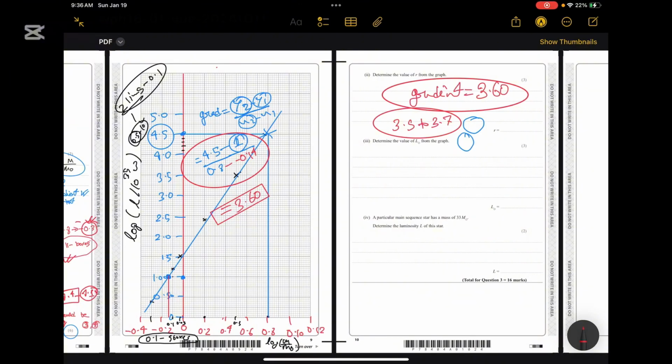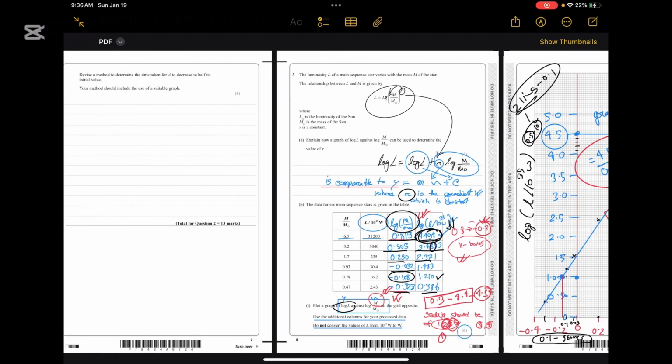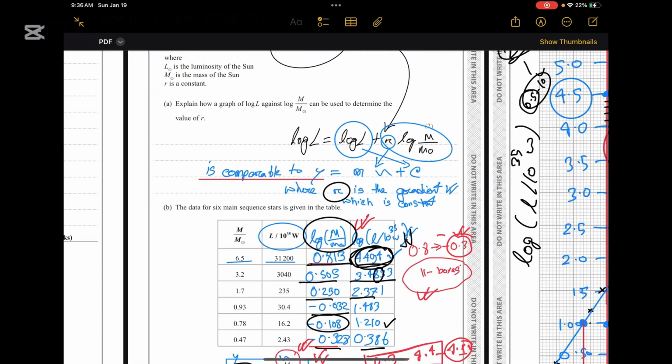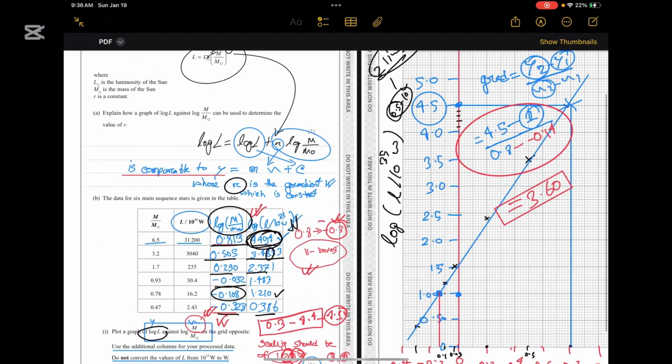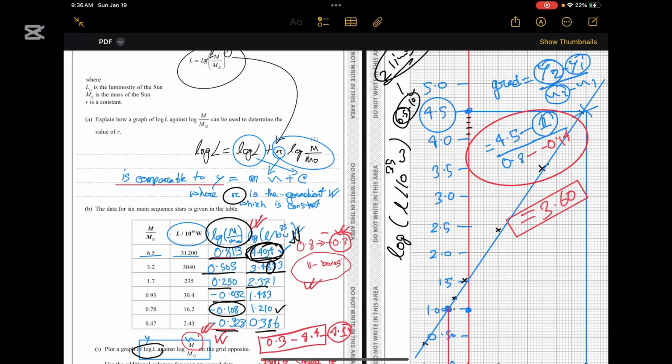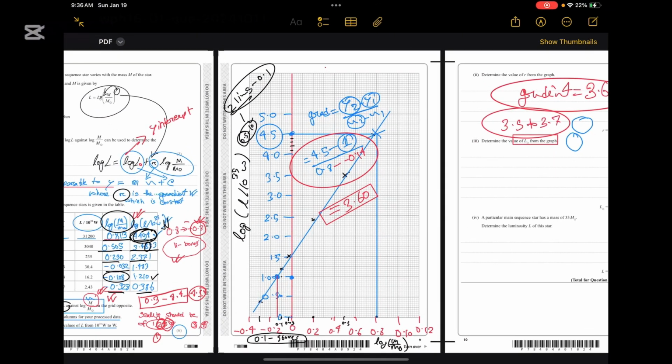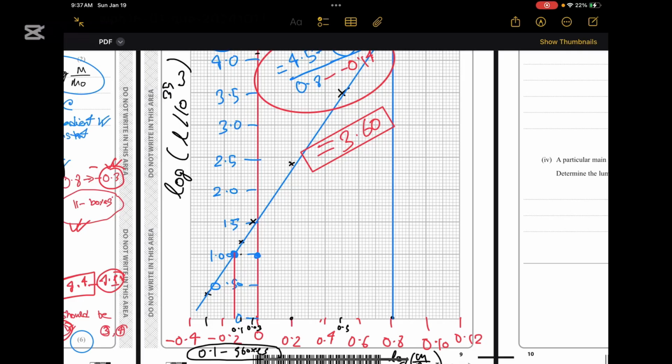Now let's determine the value of L naught from the graph. Let's figure out the L naught. Just because we are going to figure out the L naught, we have to look at the thing that we have done. So what was our L naught right here? This is our log L naught, right? So log L naught was our y intercept. So they have access to figure out the L naught value right here,